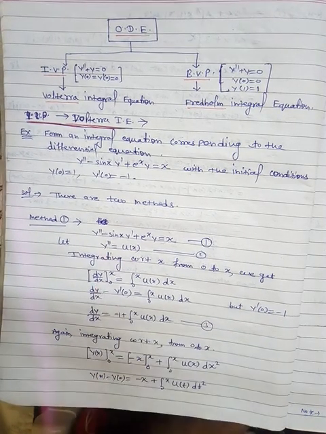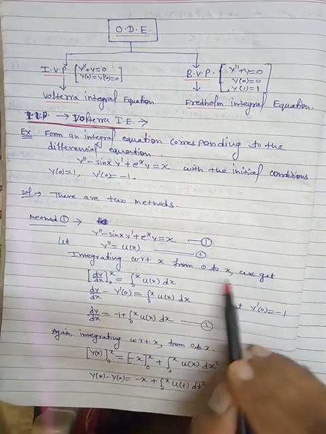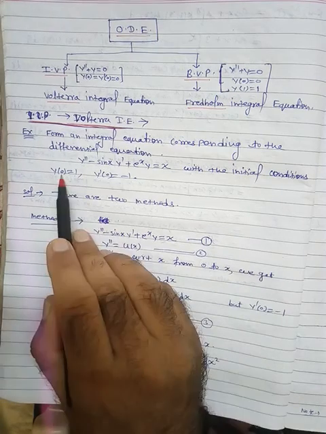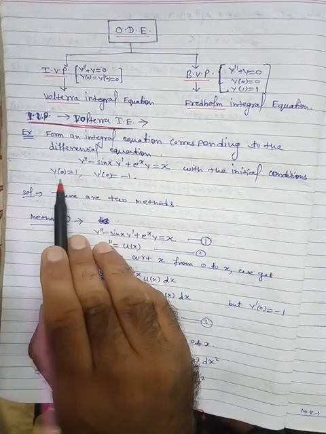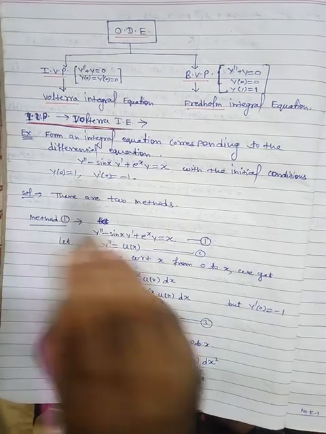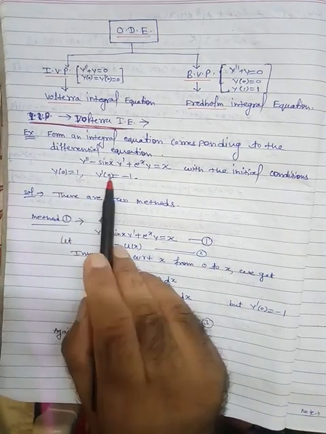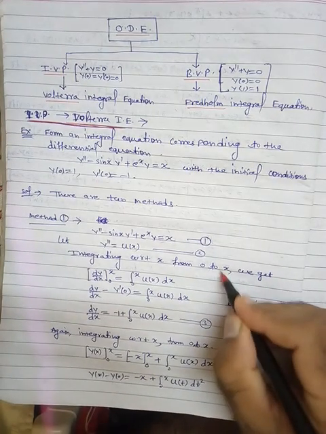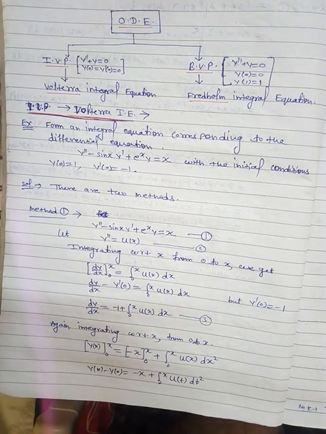Now integrating with respect to x with limit 0 to x. This 0 is selected from this point. Here the conditions are given at the point 0, 0. So if the conditions are 1, 1 at the point 1, 1, then this will be 1. If here is some point a, small a, then this will be a. Fine. However, the upper limit is always a variable quantity x, because in a Volterra integral equation you know that the upper